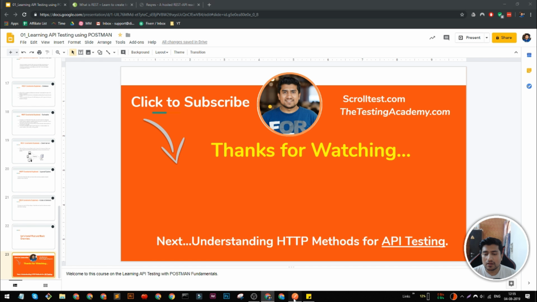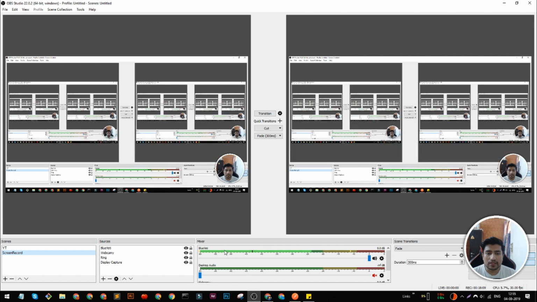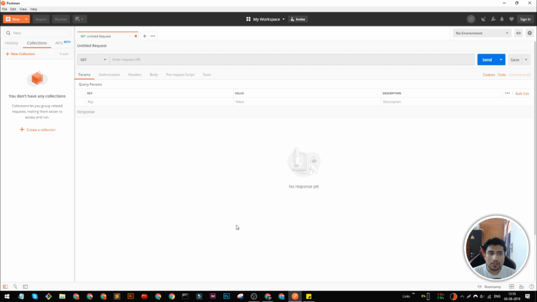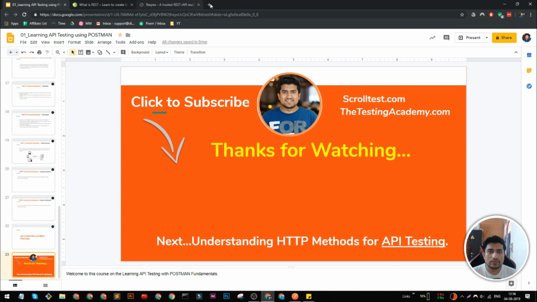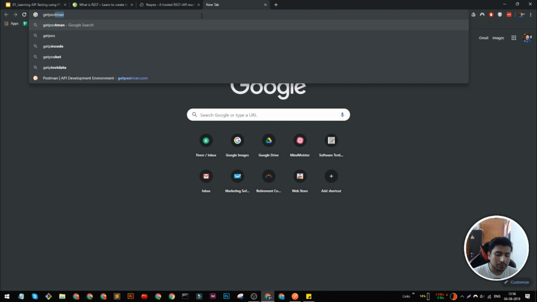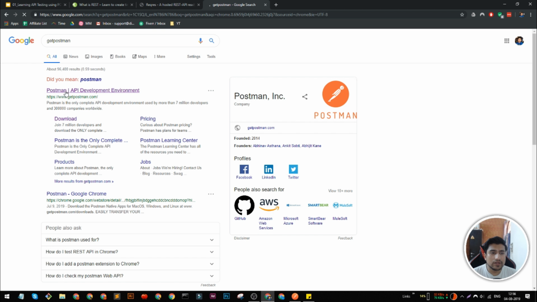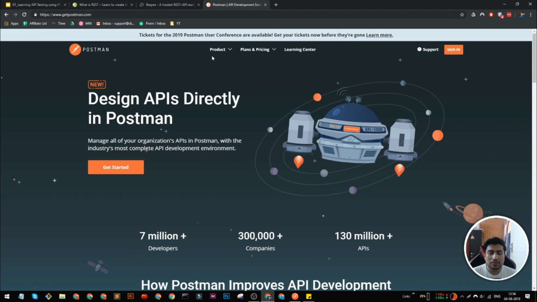Here it is. I hope you are able to see that. Let me confirm one thing. Yes. So to start, you can go to Get Postman, and I'm going to explain what Postman is. Postman right now is an integrated development environment for APIs especially, and as software testers, we can use it to test especially REST APIs. It's becoming an integrated development environment, but we are leveraging it according to our needs, right?